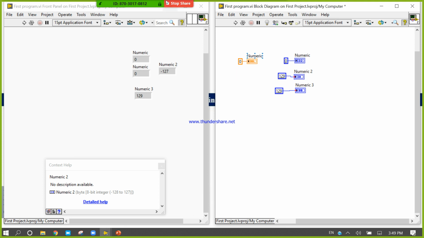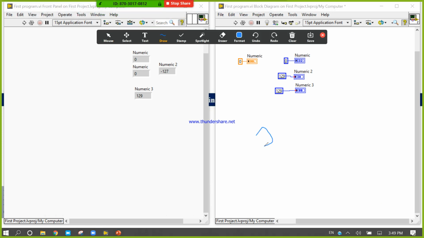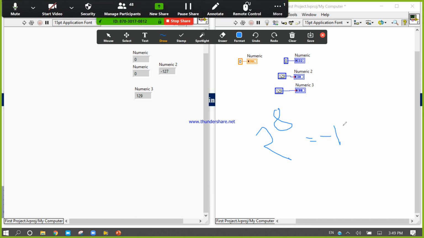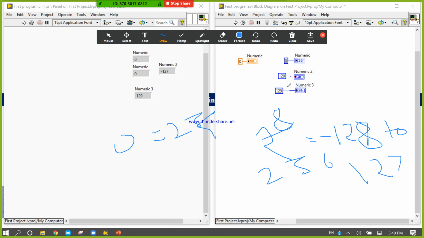I8 means 2 to the power 8, but in the signed I8 the numbers range from minus 128 to plus 127. For the unsigned one, the total is 2 to the power 8, which is 256, so the numbers are 0 to 255.